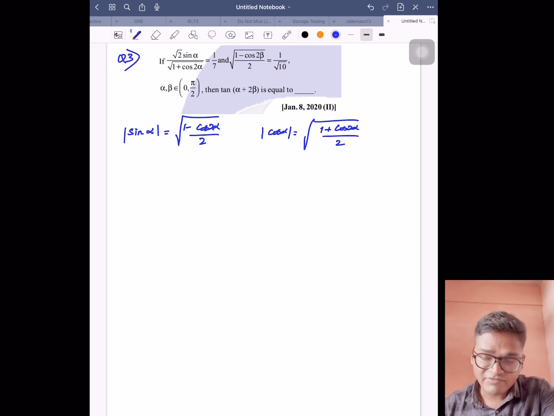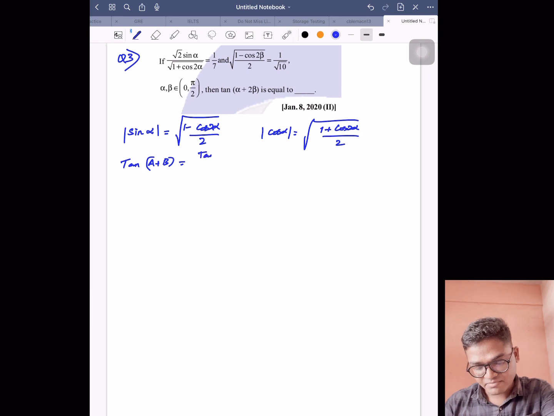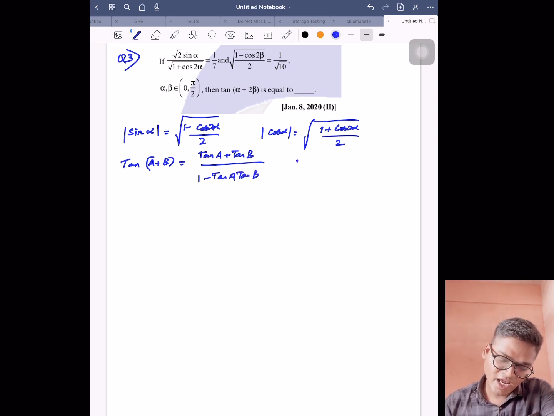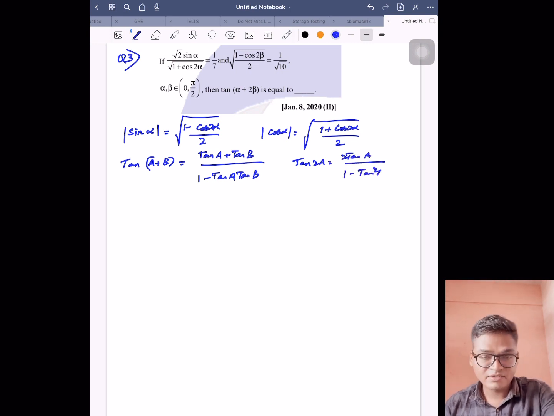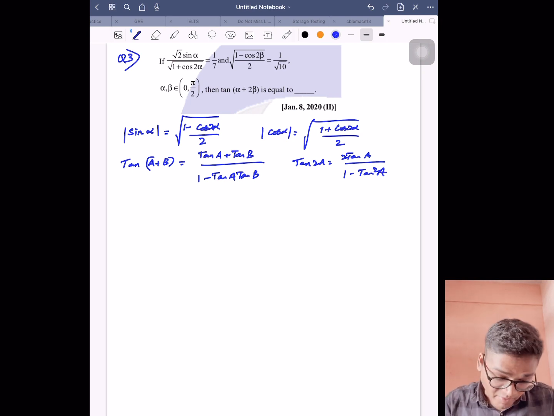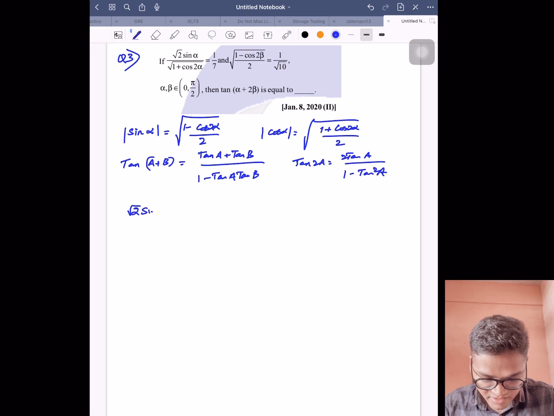And tan A plus B formula, if you write it, it will be tan A plus tan B by 1 minus tan A tan B. Okay, similarly, tan 2A formula, if you take it, 2 tan A by 1 minus tan square A, we can take like this, right? So now if you apply those formulas here,